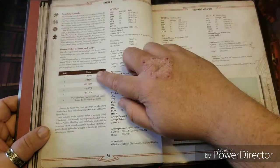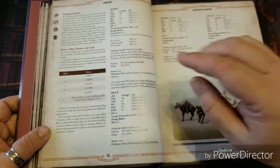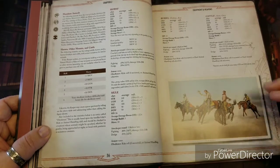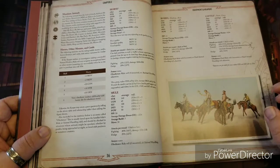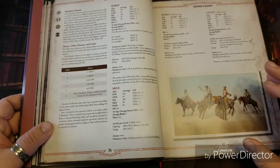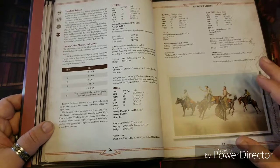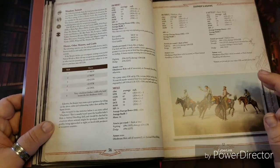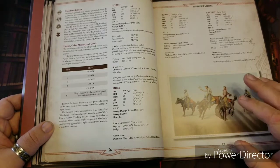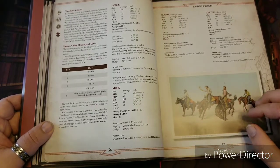They also have over here for horses this little chart that you can roll on. It's just a D6 chart, and it gives each particular animal a little quirk or a little bit of a bonus. So that makes each animal very unique. And I think that's really interesting because historically, the horse was a very important part of the Civil War period, of the expansion period, of the Old West period, and a lot of people became very attached to their animals, and they became sort of like another best friend to some of these cowboys